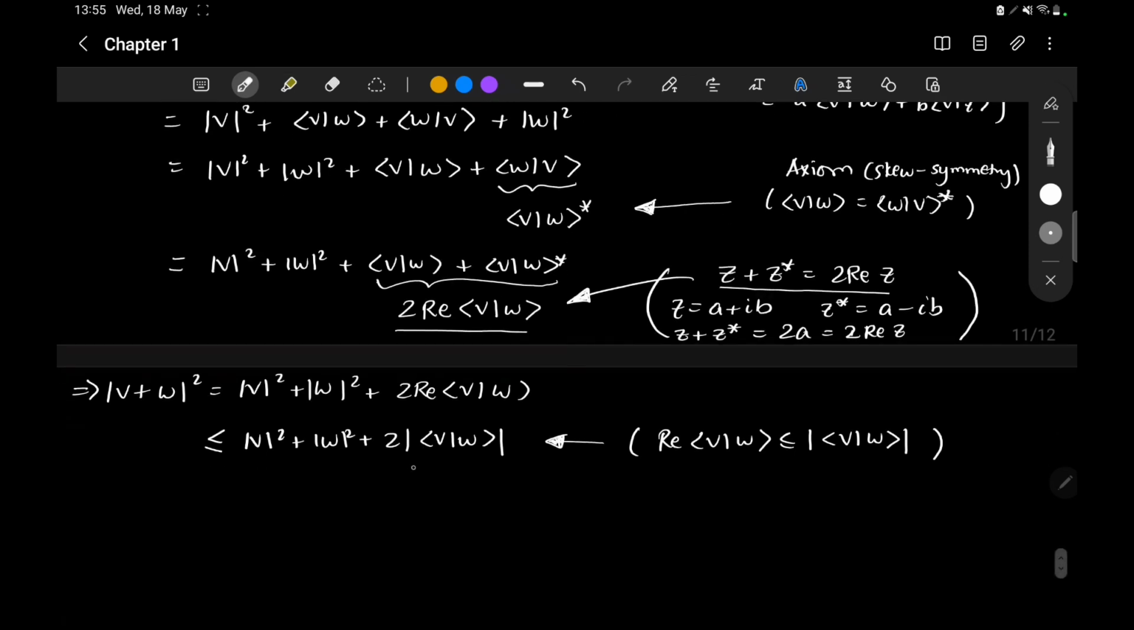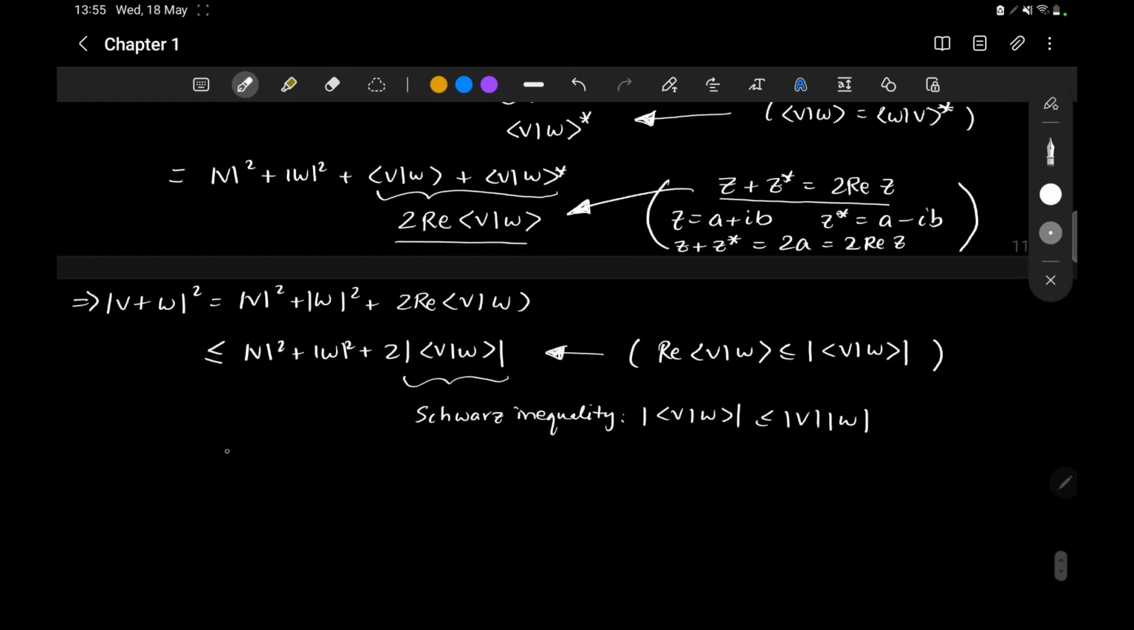Now here we will use the Schwarz inequality. So from the Schwarz inequality, we have the following. So now applying the Schwarz inequality, we get